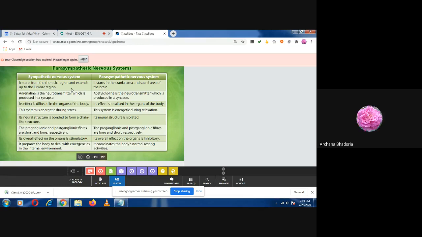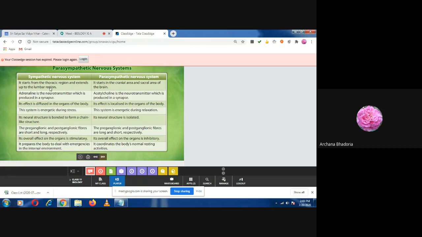Now, the terms which are there are related to your vertebral column. Children, the vertebral column is divided into 5 different regions. We will be doing this in the last chapter. Thoracic, now try to understand. Thorax is the region where the lungs and the heart are present, above the diaphragm, the part of your trunk we call the thorax. So the word comes thoracic region. And the lumbar region is your abdomen part.